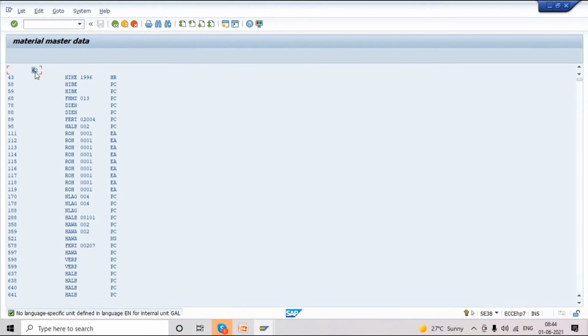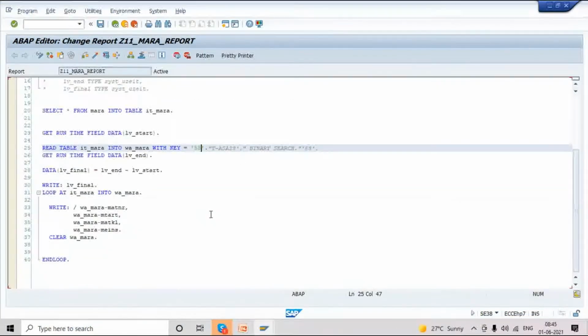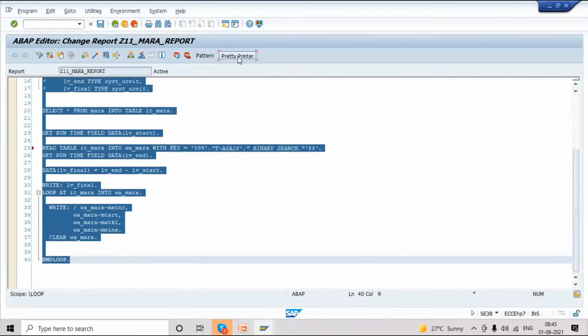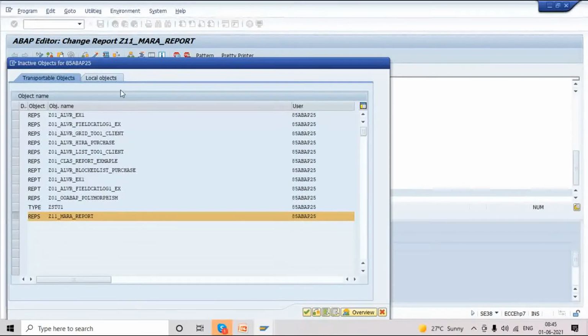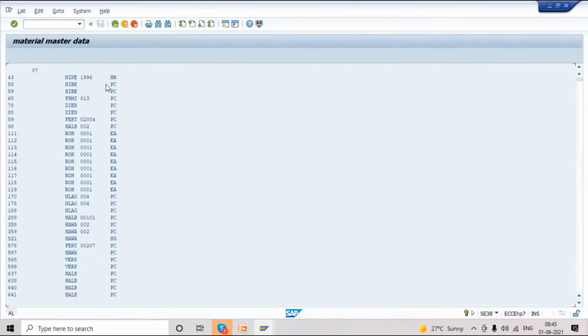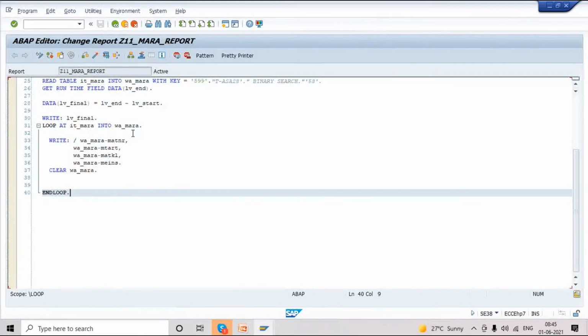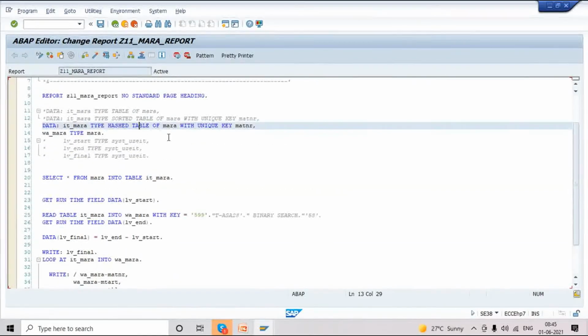So now I'll try with this 599 value. This is a different position in the table. Just executing again, we are getting 87. Okay, it's approximately less than 100 only, if you use a hashed internal table.